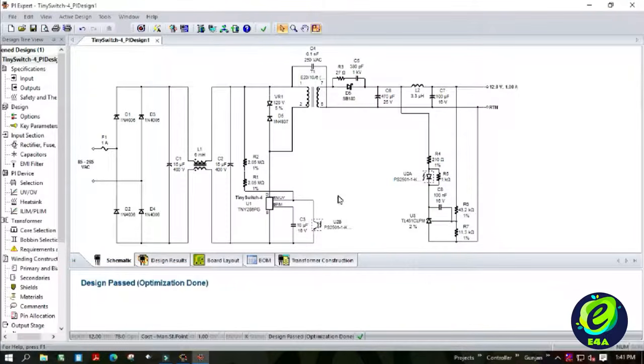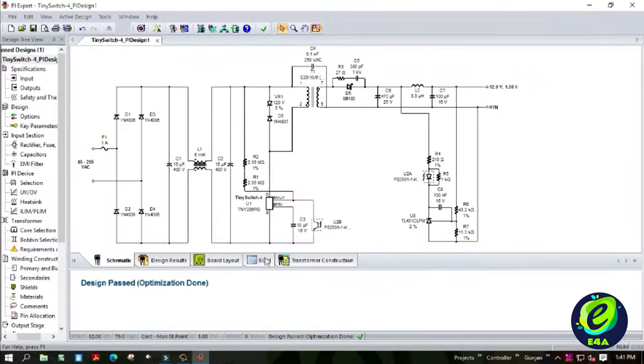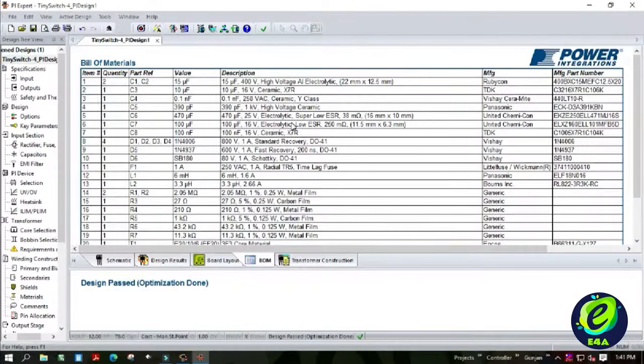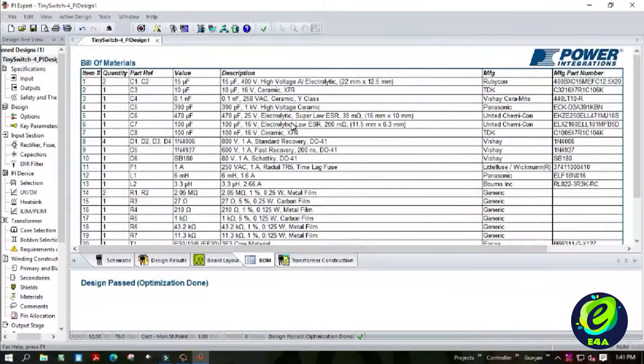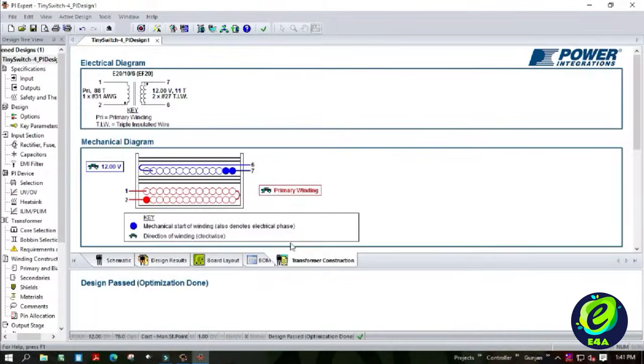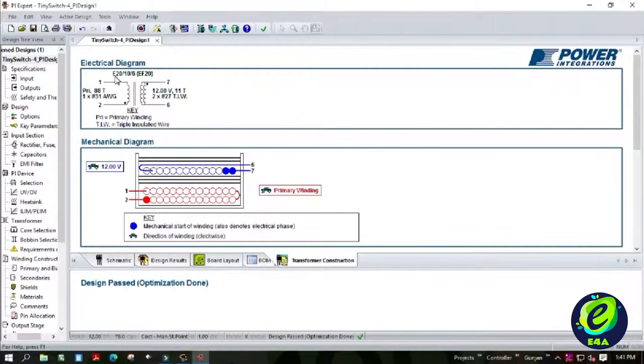If one likes to know all the components so that they can be ordered for the development purpose, then one needs to go to the BOM section, which is known as Bill of Materials. Under the transformer construction, we will find the complete details about the construction of the transformer. As we can see, the design has been based on the transformer type